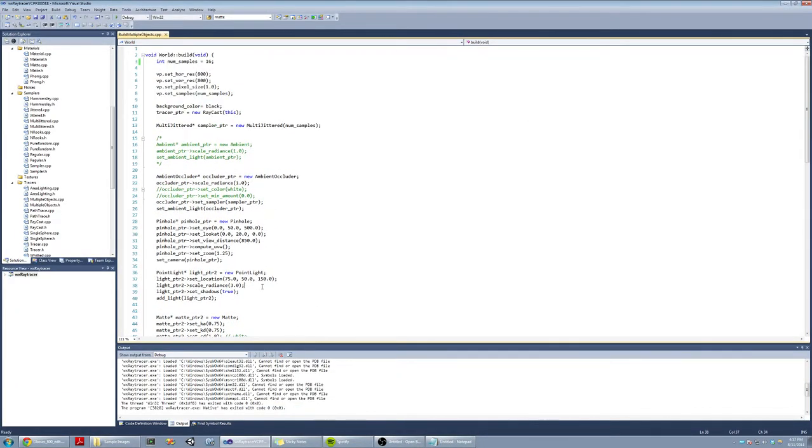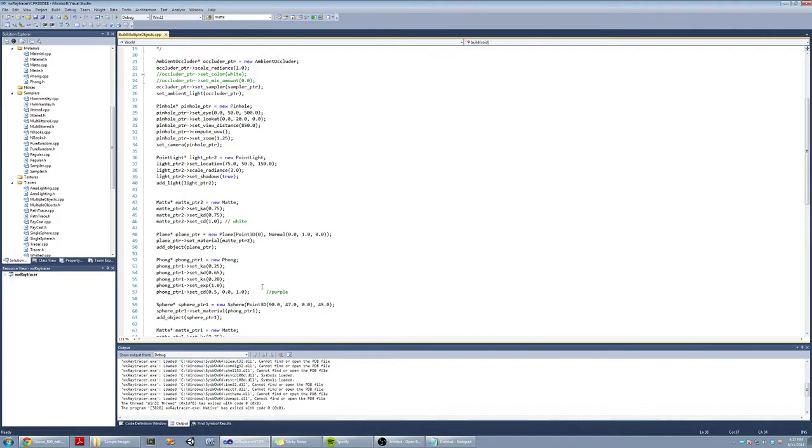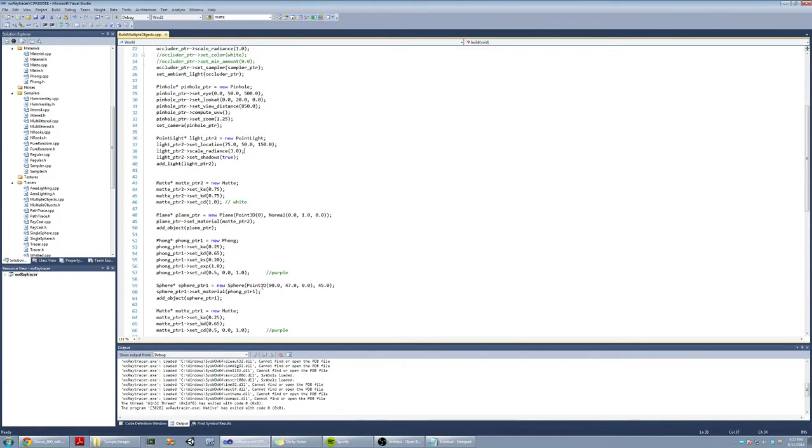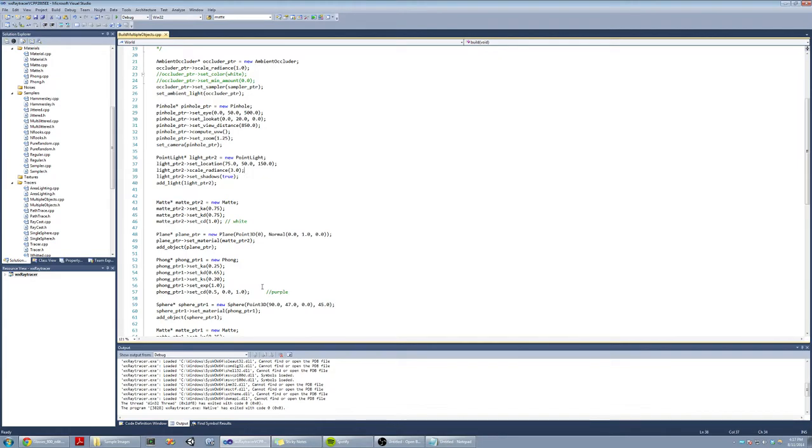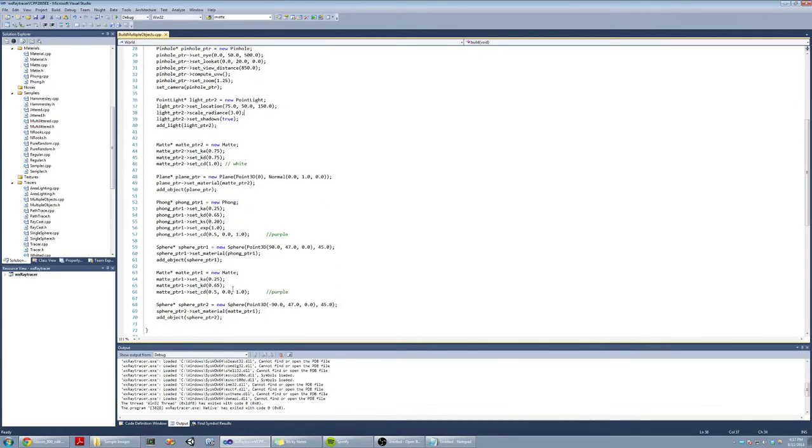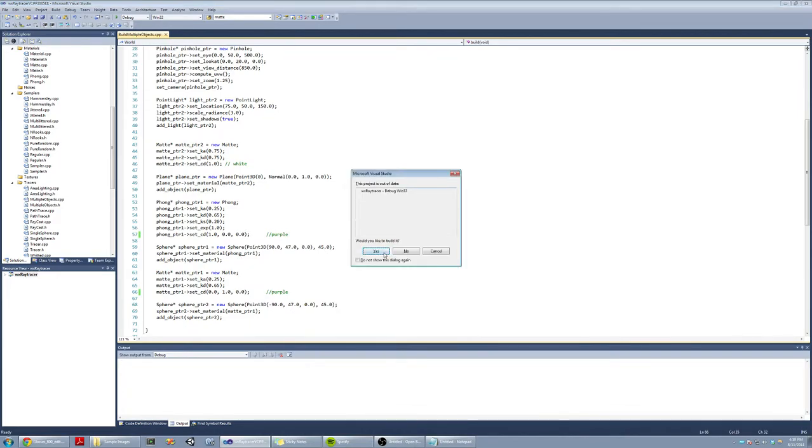All of the code here sets up all of the information of the scene, and to make it change a little bit, let's just change the colors. So the Phong ball, the one to the right, is purple. This is RGB color values. If we just make that red, that's the first one. And if we change this one to a green color, the left ball is going to be green and the right ball is going to be red. And if we render the image,